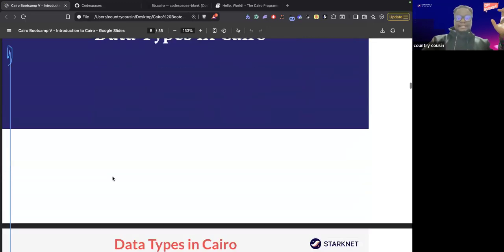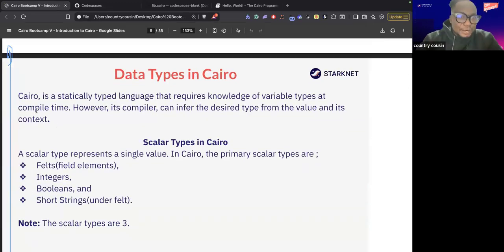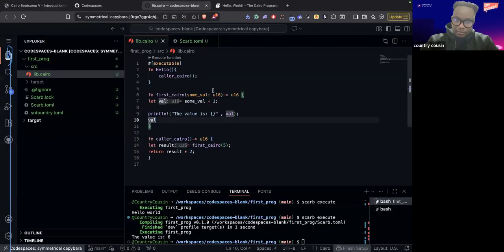Okay, data types. We already saw that Cairo is statically typed, and I demonstrated that as well with what we have here, this guy. Now, that doesn't mean that